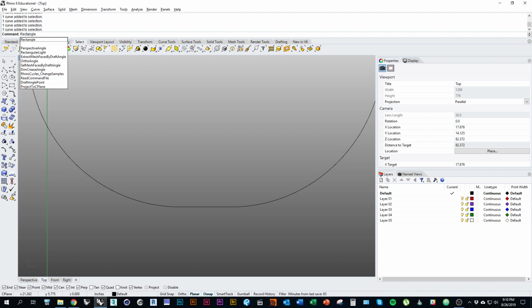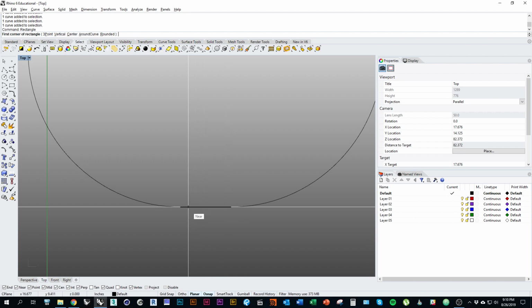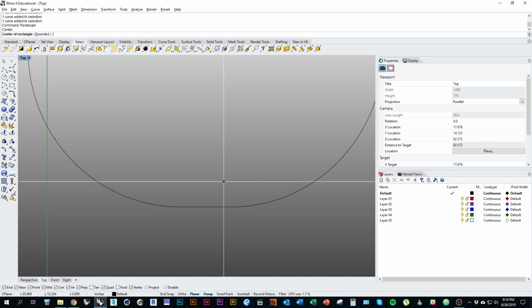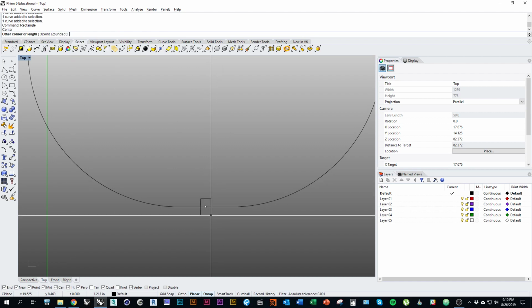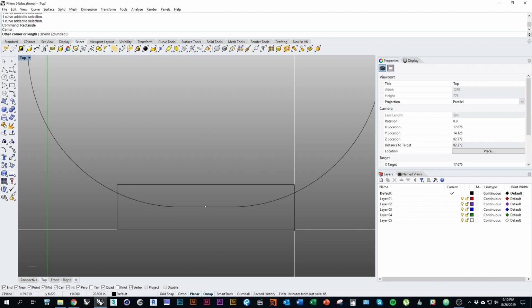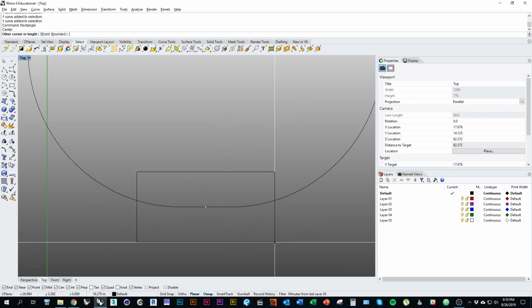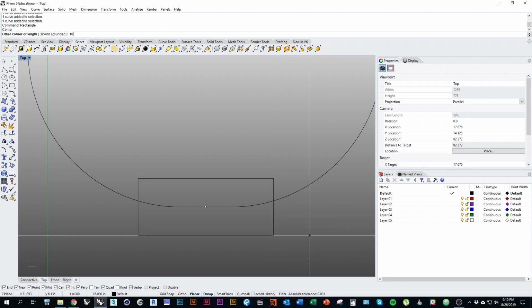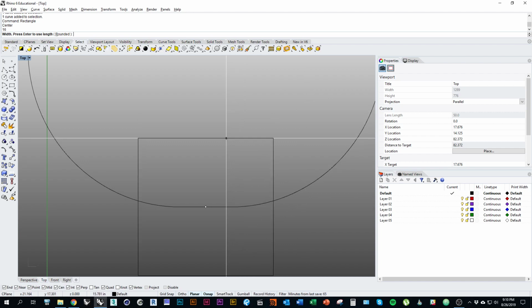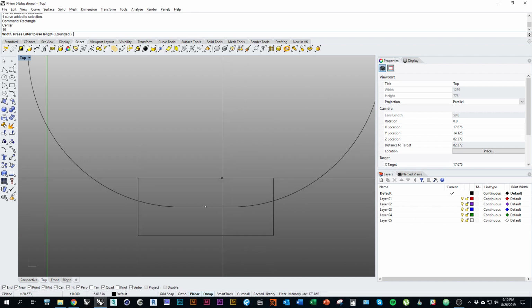I'm just going to type in rectangle, press enter. Now once again, instead of starting with a corner of the rectangle, I'm going to use the center point, or a center. And again, I'm going to snap to the middle of that initial flat line. And then I can set the width of my rectangle. So I can use 16 if I'm making a wood template, and 15 if I'm making a steel template. So I'll type that number in, press enter, and now it wants me to set the depth. You can make it whatever you want, just draw it out so that the vertical edge of that rectangle completely